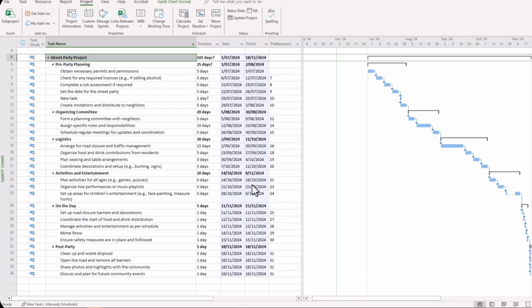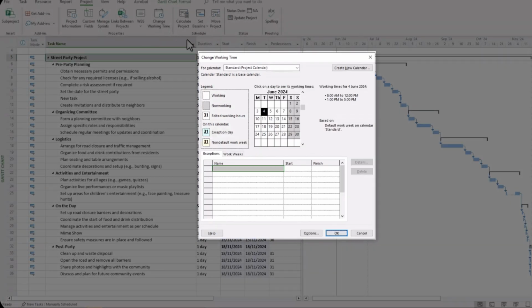Now the third area of importance in doing some upfront work prior to getting into the project schedule side of things is to nominate your non-working days. And this is done once again in the Project tab of your ribbon, and click Change Working Time. And this will enable us to nominate the days. They might be public holidays, they might be non-work days for your particular organisation, and organise these so your project schedule takes these into account.